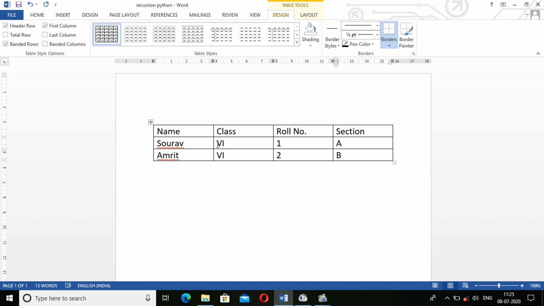Okay, now just go to the particular cell you want to change. Just click on it. Suppose I want to put this name that is written here in the middle. Then just click over here. See, it has come to the middle. Again, then class, then do it the same way.